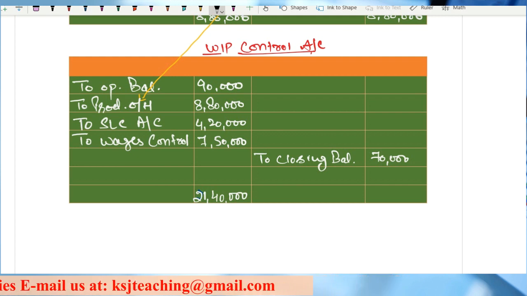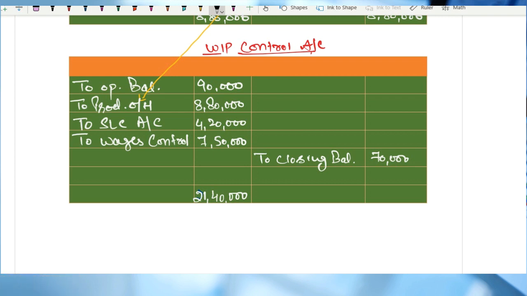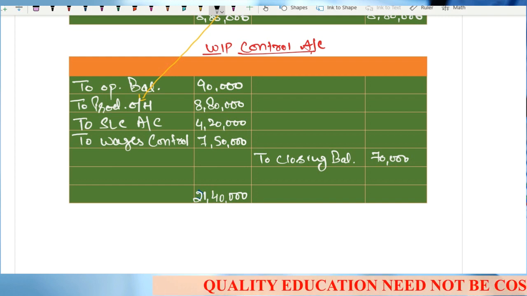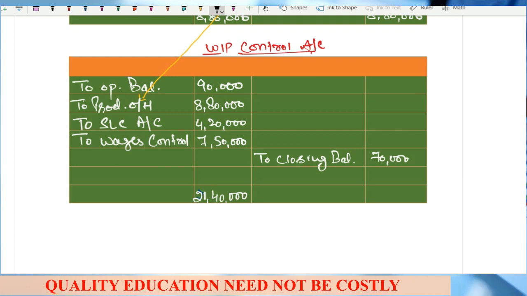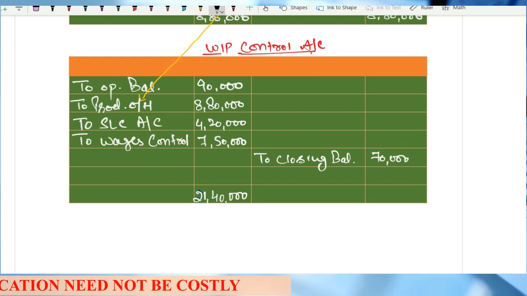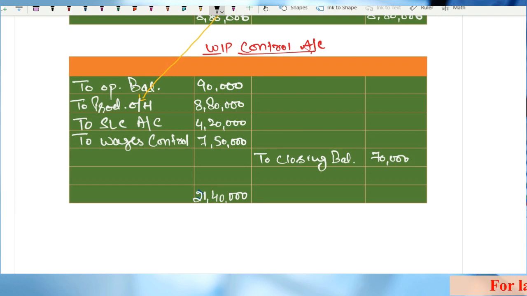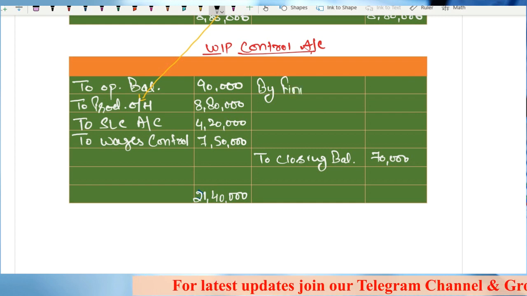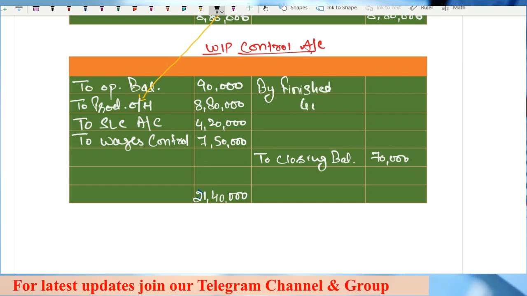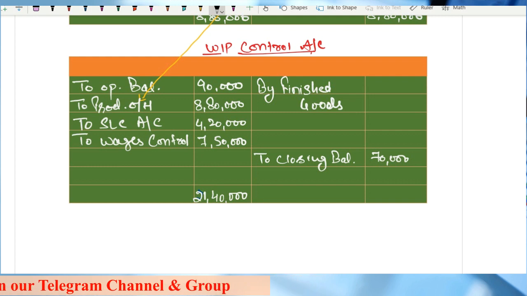Now, sir, on this side, we have only 70,000. What is the remaining balance? The remaining balance means that we have converted WIP to finished goods. Obviously, sir, we have the opening balance. We incurred some more expenses which were absorbed in the WIP. We have closing balance of 70,000. What does it mean? The remaining has been converted from WIP to finished goods, and here we'll write by finished goods. We'll discuss this again when we discuss the finished goods, right? So by finished goods control account, that is